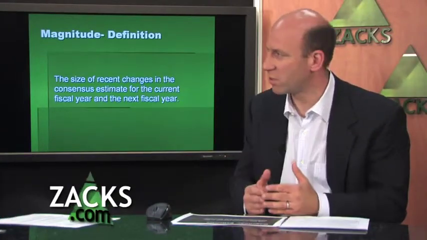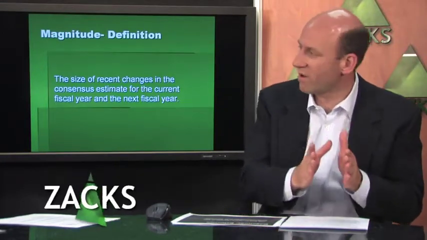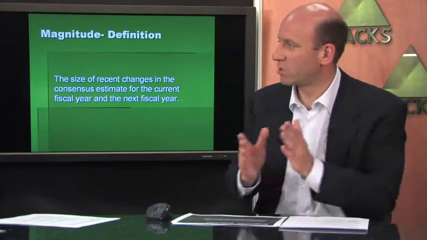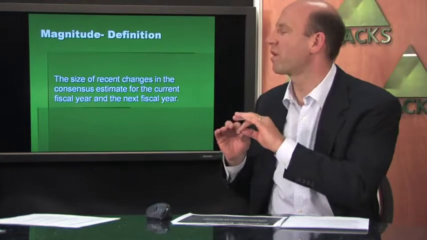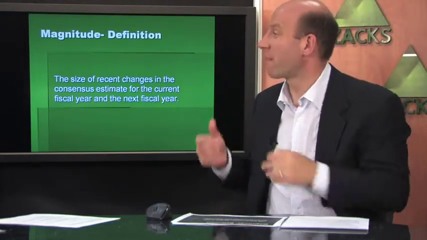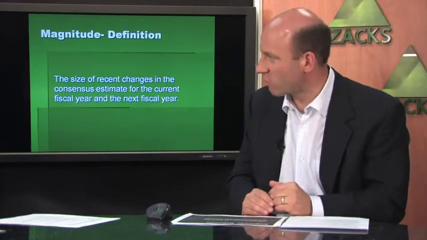We covered this last week. I'm going to do it real quickly here again. Because we're talking about percentages, going from a 5 cent earnings estimate to a 10 cent earnings estimate, that's only 5 little cents, but that's a 100% change. Whereas going from $1 to $1.05, that's the same 5 cents, but now we're only talking about a 5% change. The greater magnitude, which has the greater weight and bearing on the stock price, is that 100% movement. That's what really matters when it comes to magnitude. Agreement we've covered already. I often get them confused, but at the end of the day, I know how to use them all.